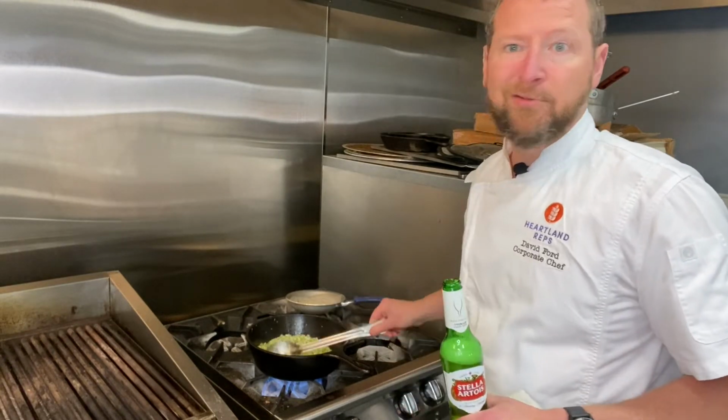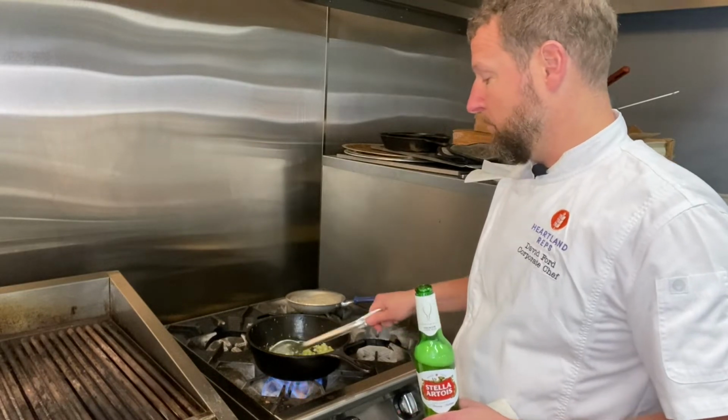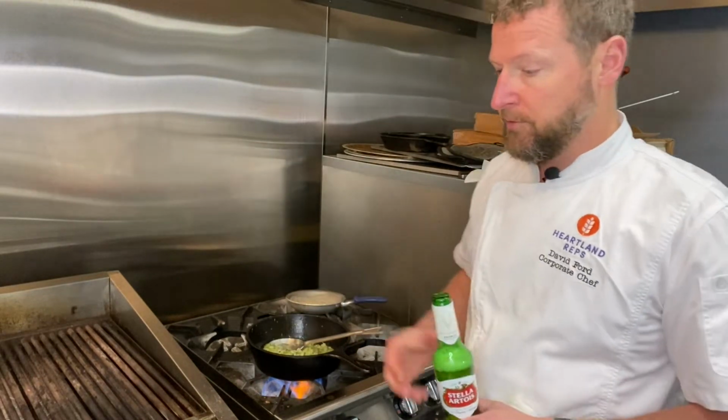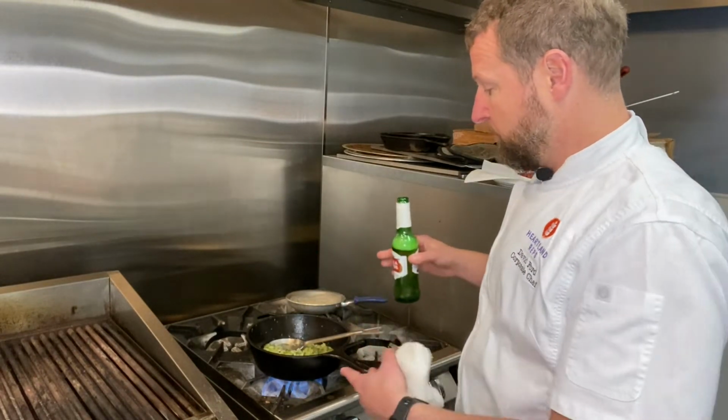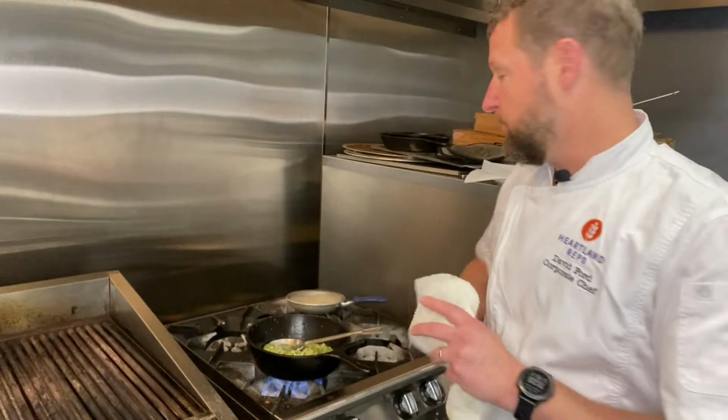If you have Busch Light, use Busch Light. If you have Guinness, things like that actually work really well. The malt, the sweetness goes so well with the cheese. So at this point, before I drink all our beer,